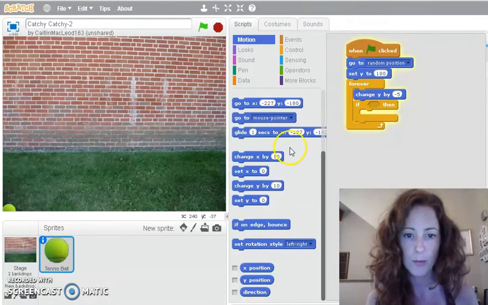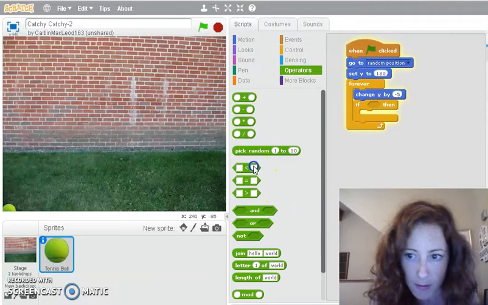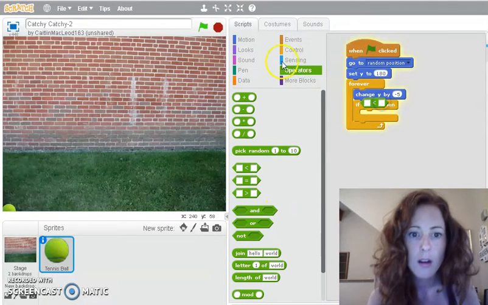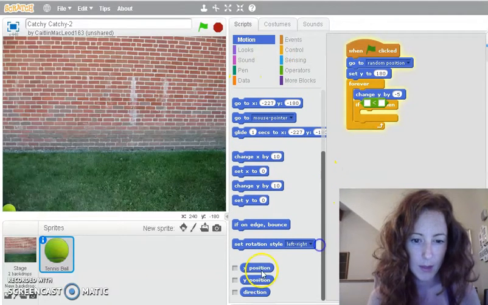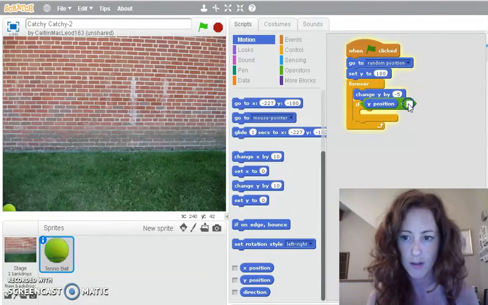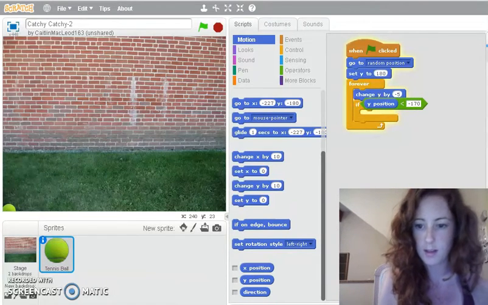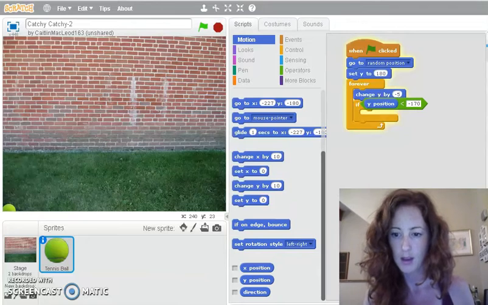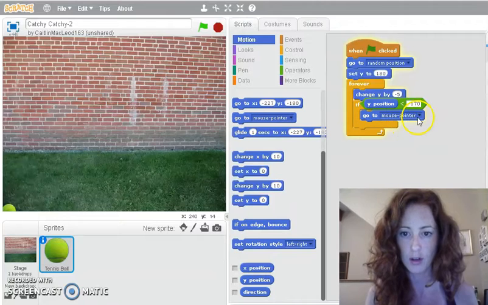What I've learned is if you drag something out that you don't need, you just throw it back in here and it goes back to where it needs to be. So if, motion, if Y position is, there you go, fits right in, is smaller than 170,